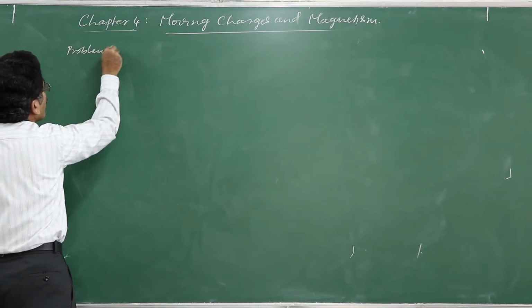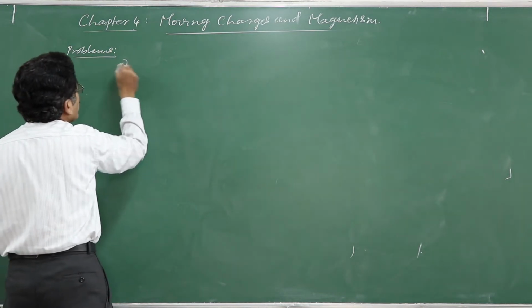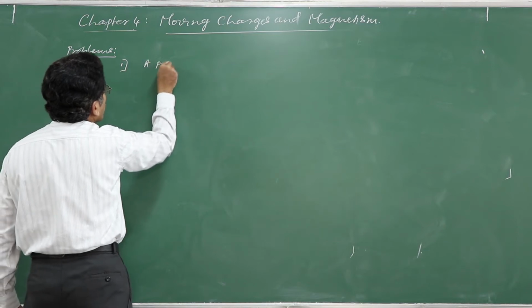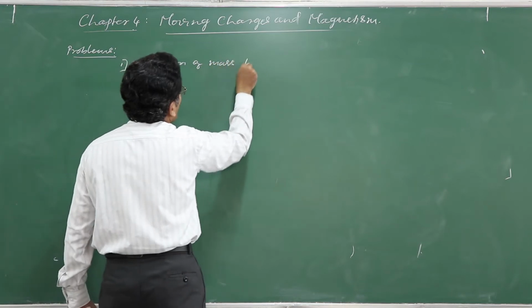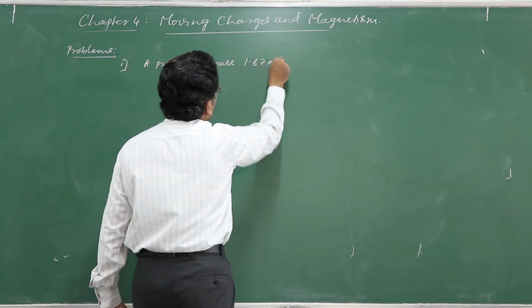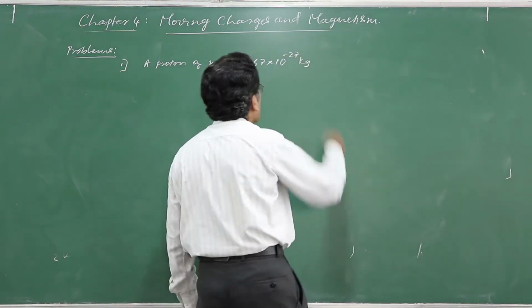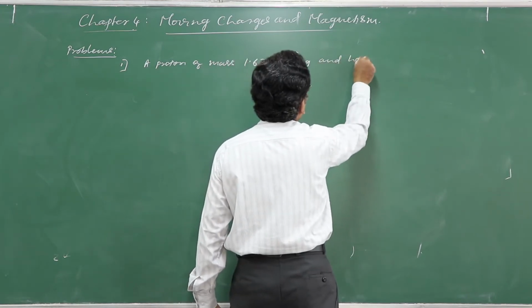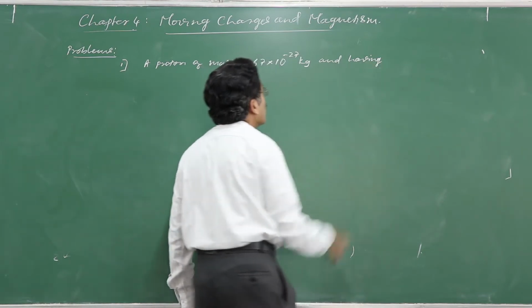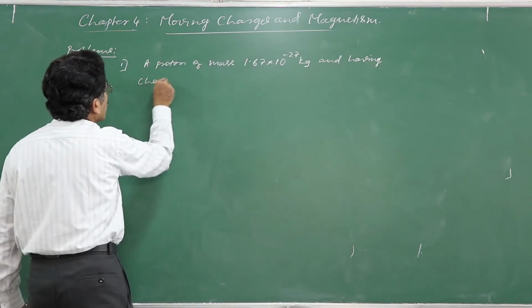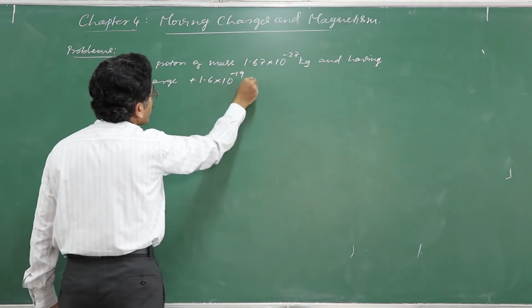Problem: A proton of mass 1.67 into 10 raised to minus 27 kg and having charge plus 1.6 into 10 raised to minus 19 coulomb